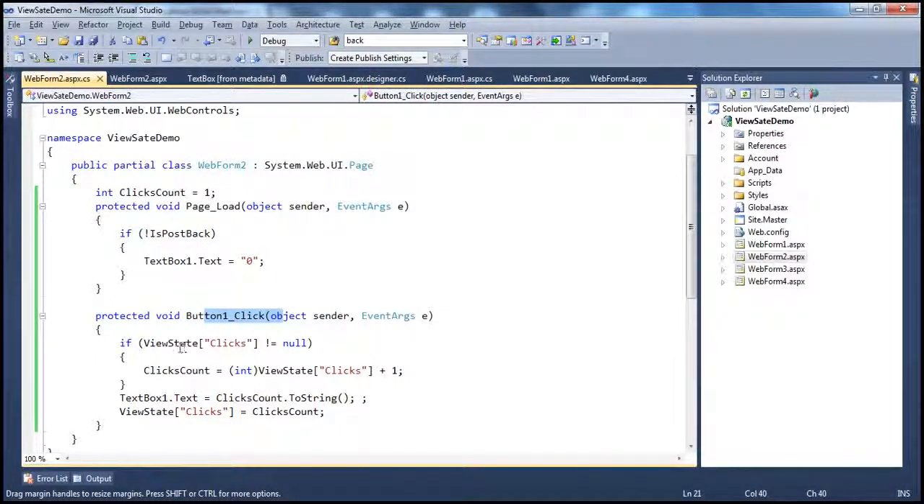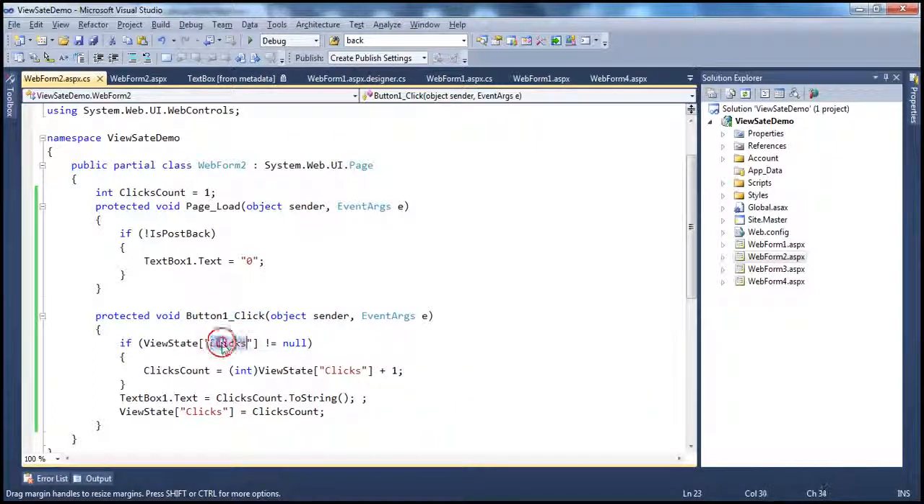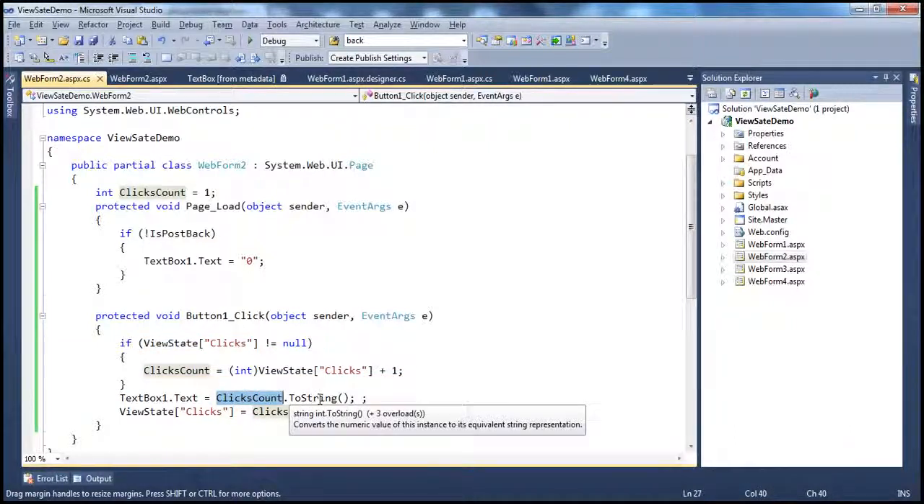And look at this: if view state of clicks is not equal to null. Here, view state of clicks will be null because we haven't stored anything in this view state of clicks variable yet. So this will be null the first time, so this piece of code will not be executed. What we are doing here is saying clicks count dot ToString. We are converting clicks count to a string and setting that as the text property of the text box